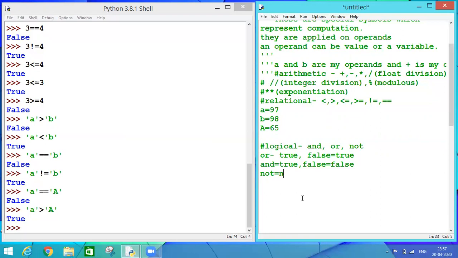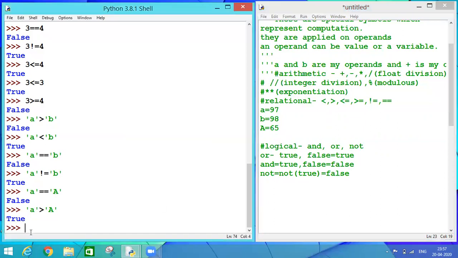NOT will negate my result. That means if it is true, it will convert it into false, and if it is false, it will convert it into true. These are the functionalities. Like, let's check. I'm writing 3 is greater than 4 and 5 is greater than 3.